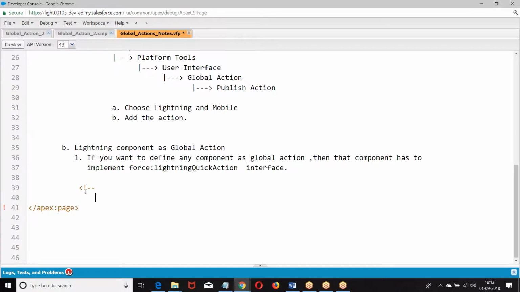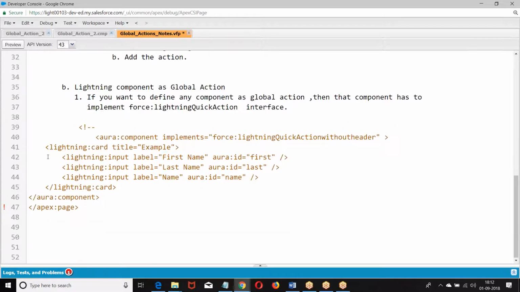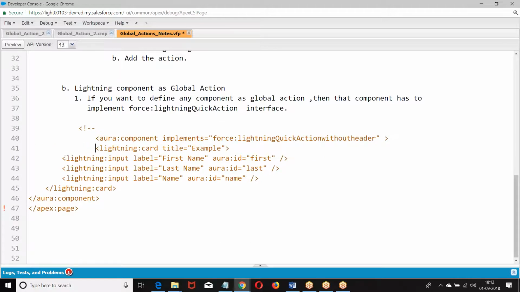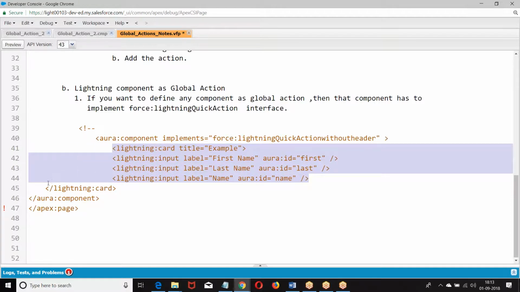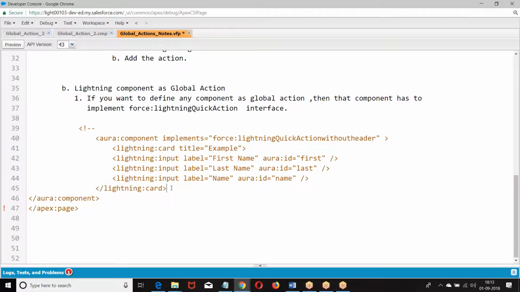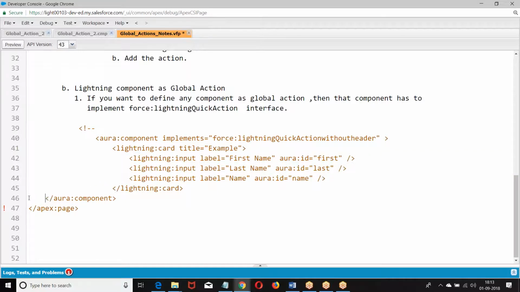You will not be finding the theoretical notes. I'm making it very clear. You have such a lot till now. So copy the notes properly. This is how I have created. So if you want to create any action, client side actions or anything, it's your choice. You can define it.